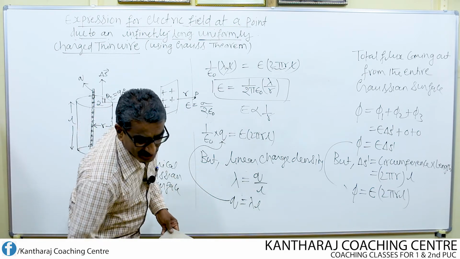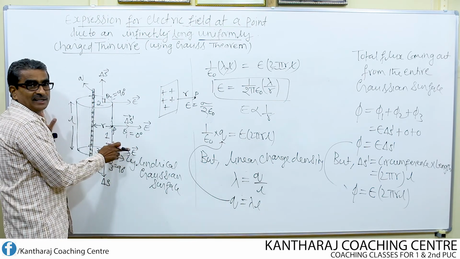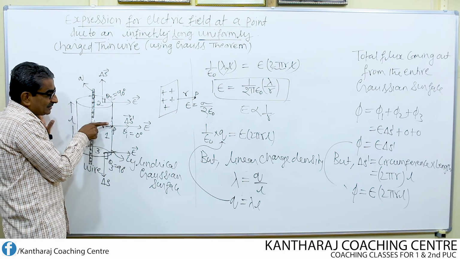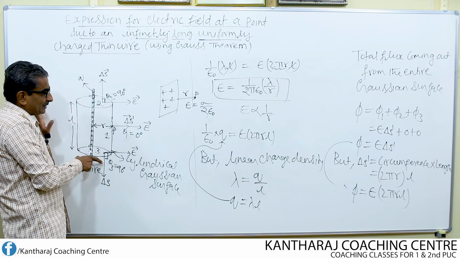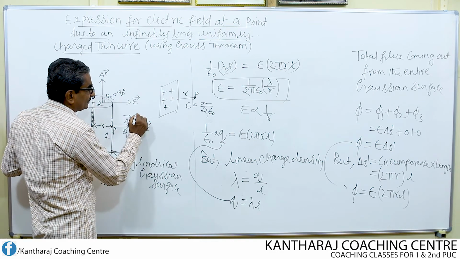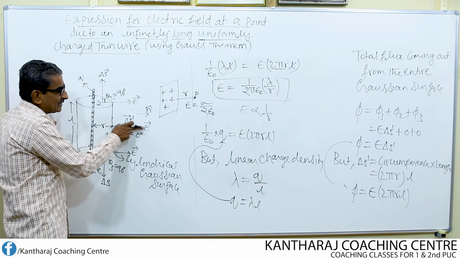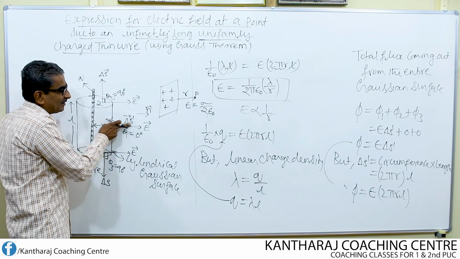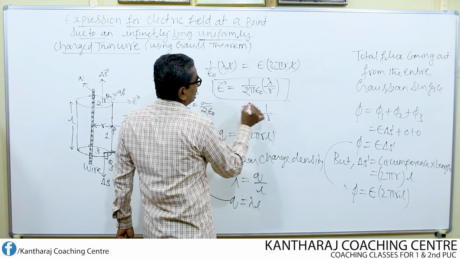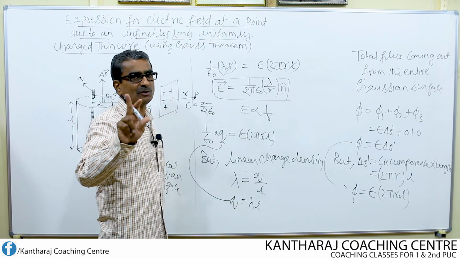So what is the direction of the electric field in this case? The direction of the electric field at the point P is all along perpendicular to the length of the cylinder. We can represent that by means of a unit vector. How? If n cap is the unit vector which represents the direction of the electric field, then the unit vector is directed all along the direction of the electric field. So vectorially also we can write this. How? Put an arrow and introduce one unit vector n cap. What's the value of n cap? The n cap value is equal to 1.